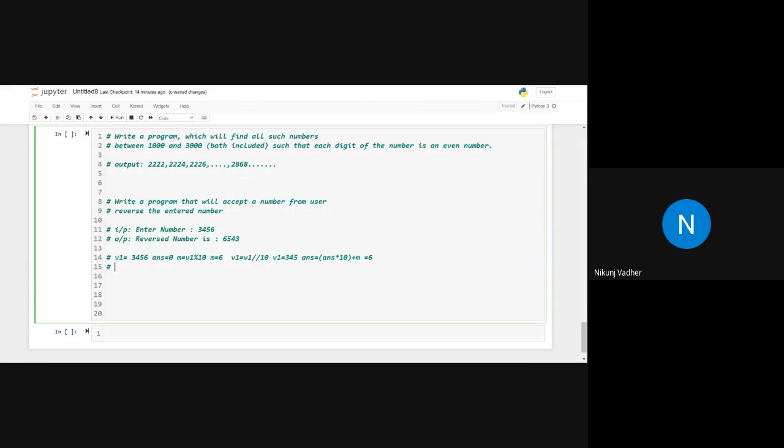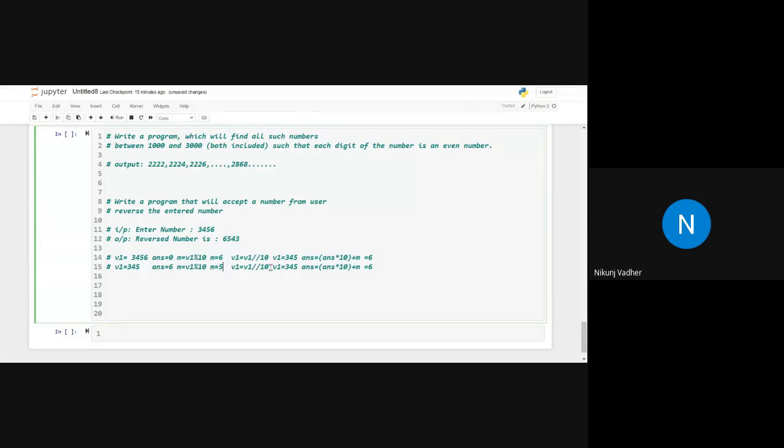Next iteration. What is the updated value of V1? 345. What is the current value of answer? 6. M equals V1 modulo 10, so the new value of M will be 5.